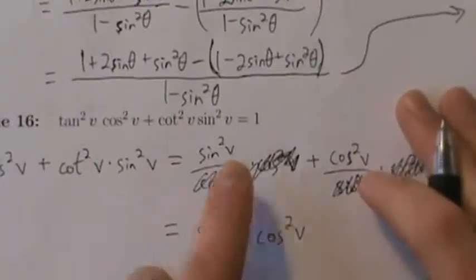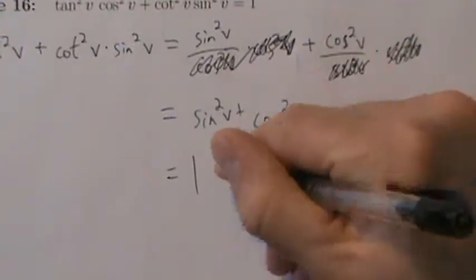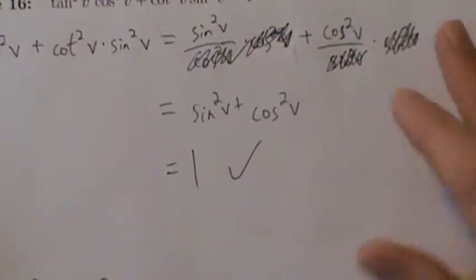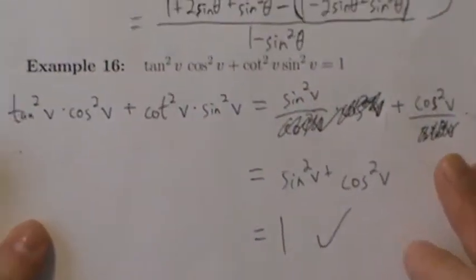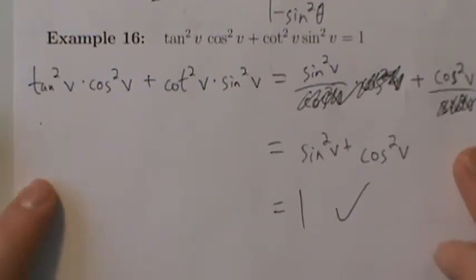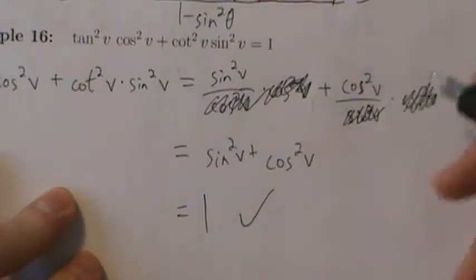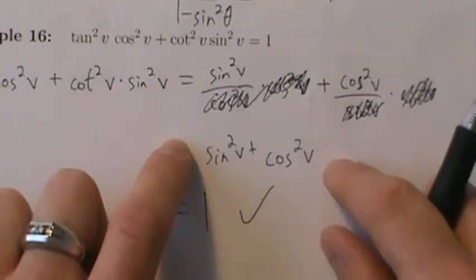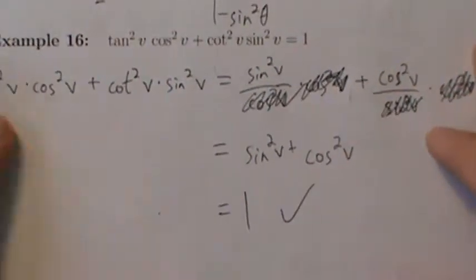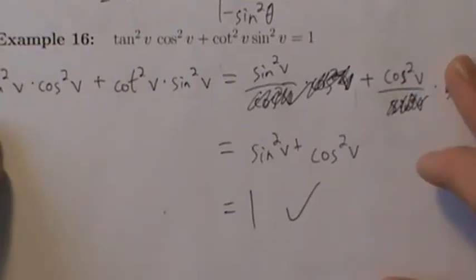And is that what we wanted? Yes, it is exactly what we wanted. So that's good, check mark, we're done, we're good to go. That's it for example 16. Again, what did we just do? All we did was convert everything into sines and cosines, cancel, Pythagorean identity, and we're done. That was it. So the only tricky thing, which really isn't even that much of a tricky thing, I guess, is